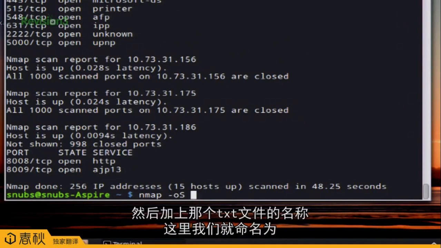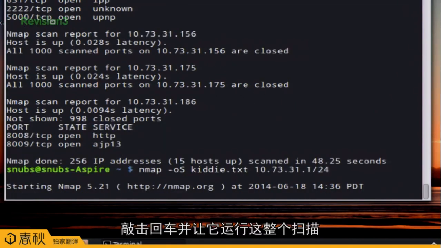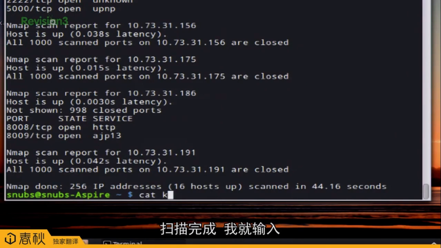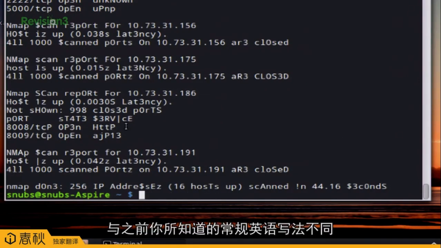the name of your text file if you want to output this into a text file. So I'll call it kitty.txt and then 10.73.1/24. Hit enter and go ahead and let it run through the entire scan. So now once it is completed, I can type in cat kitty.txt, and you'll notice in my output, instead of having everything written in, you know, proper actual English, we get